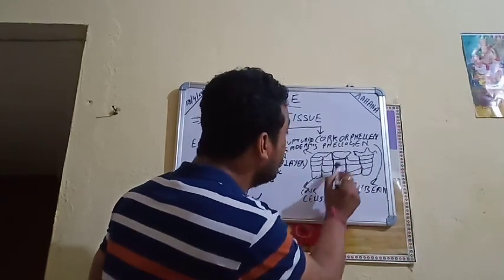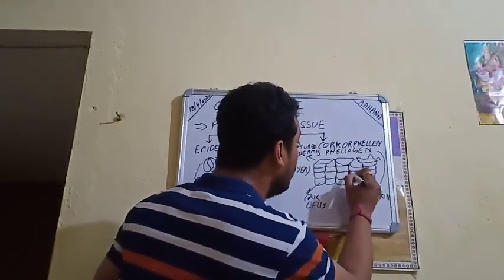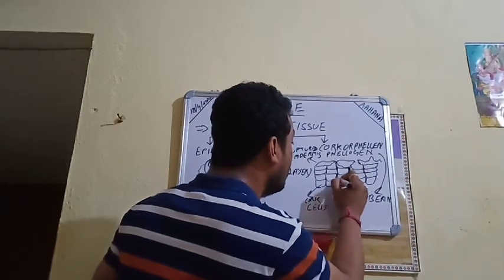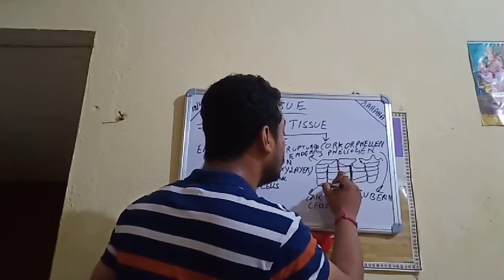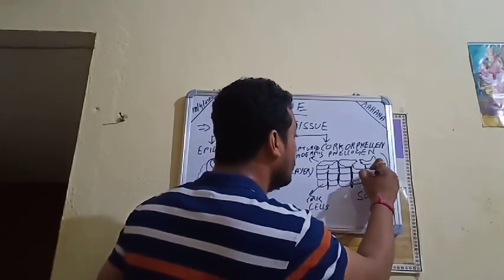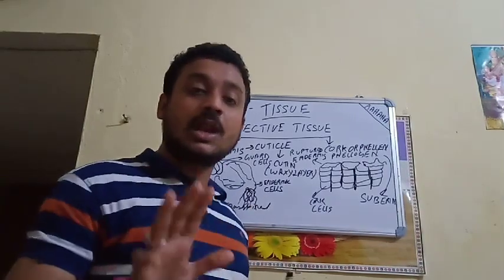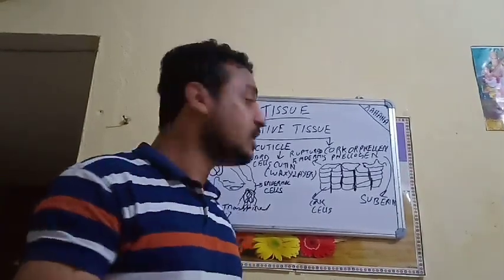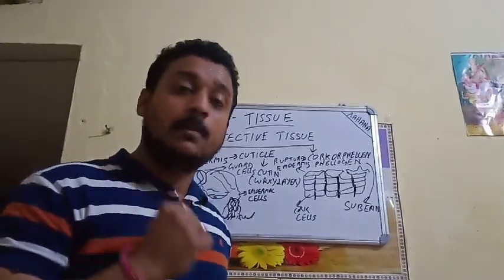So there are no intercellular spaces, because the intercellular spaces are already packed with the material known as suberin. I am making it more dark so that this layer represents the suberin. This is the suberin layer. The suberin layer does not allow any kind of intercellular spaces, which makes the cork very much tough and more tougher.